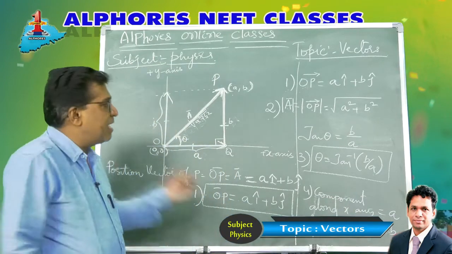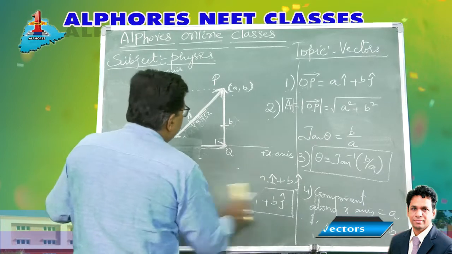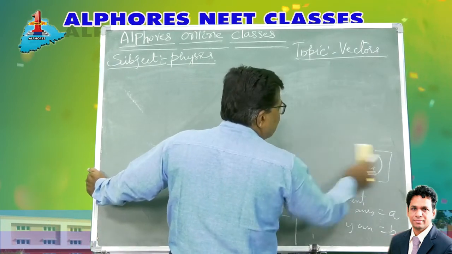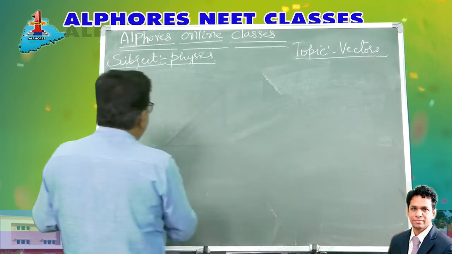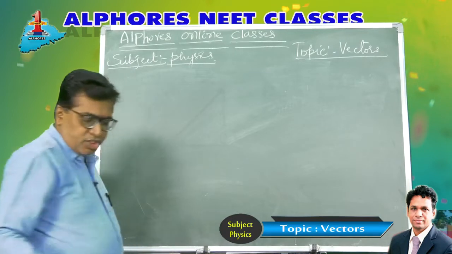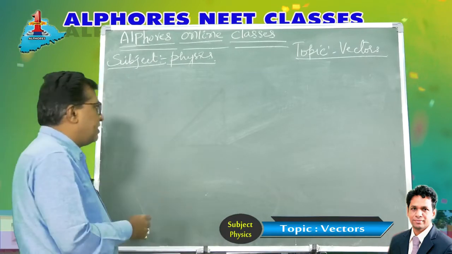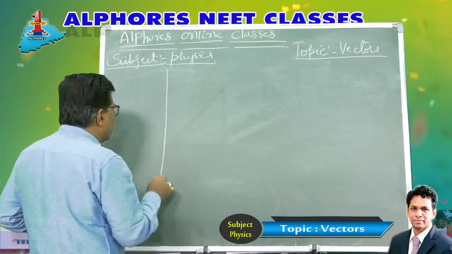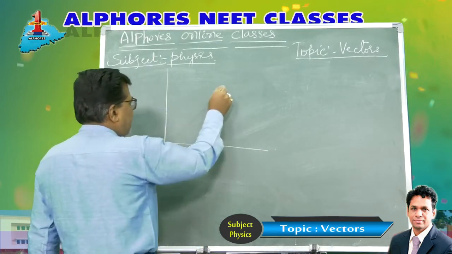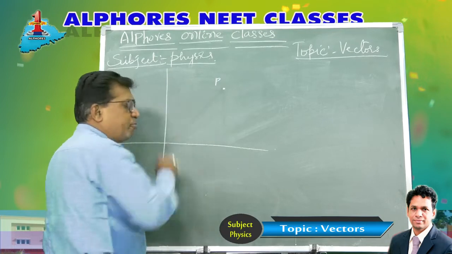Let us take an example based on this and write down the things. He will be asking you to find these things in problems, when he asks you to find the magnitude, angle, direction and all that. Let's take an example of how he is going to ask the question. Let's suppose there is a two-dimensional plane. There is a point P.